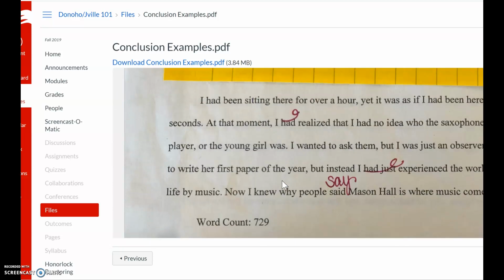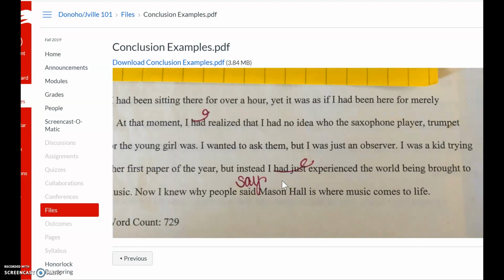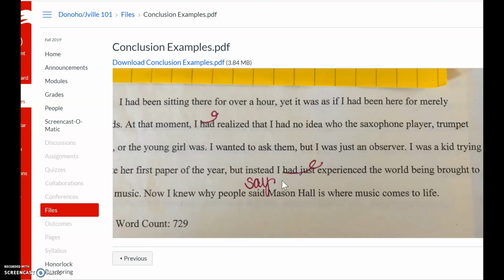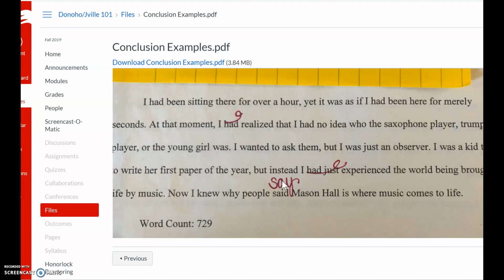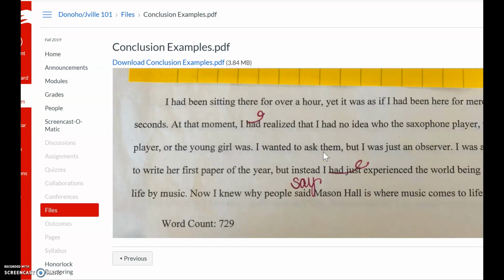so that your reader has no unanswered questions. This is a good one, and I wanted to include this one. This is the last one in this set. This is the one about Mason Hall, the music, the introduction where the girl sits down and she's trying to write her paper or something, I can't remember, study. And all around her, music comes. Kids start playing music around Mason Hall at JSU, and something strikes her. And I like the way that this closes because it has a good sense of closure. It has a good